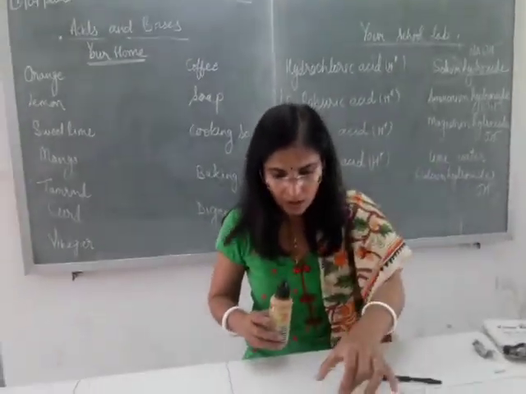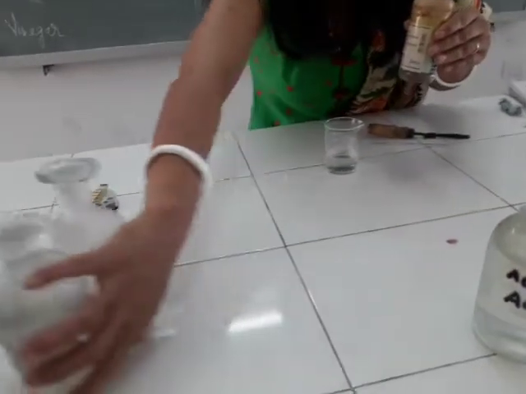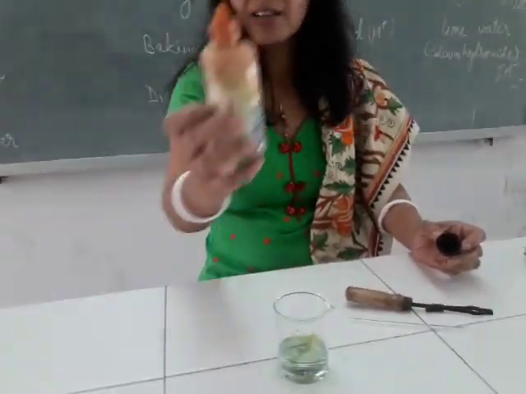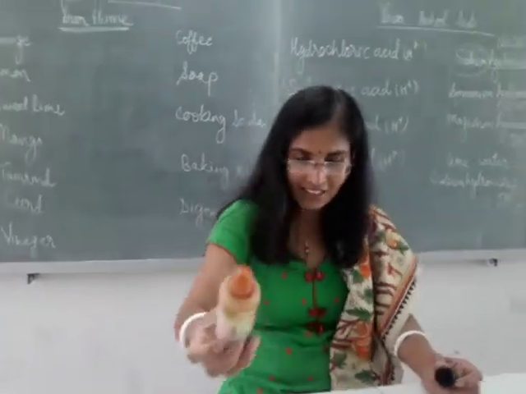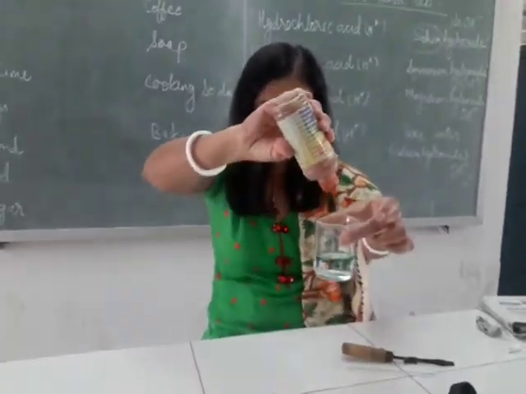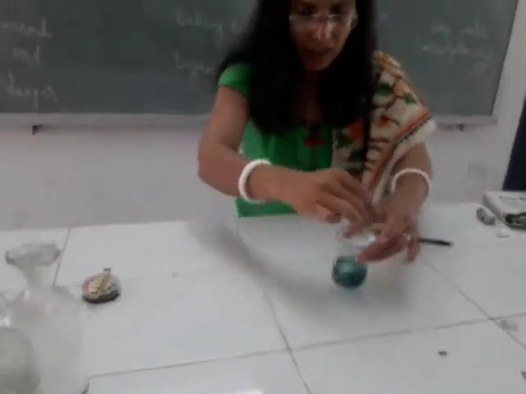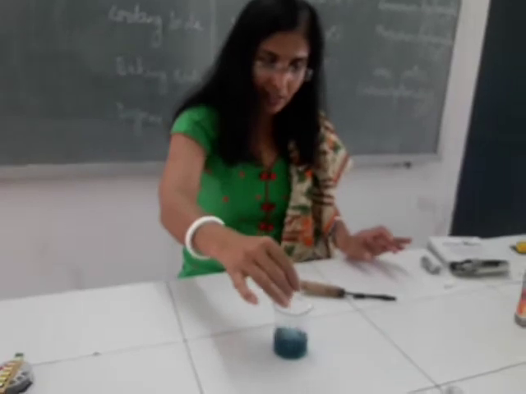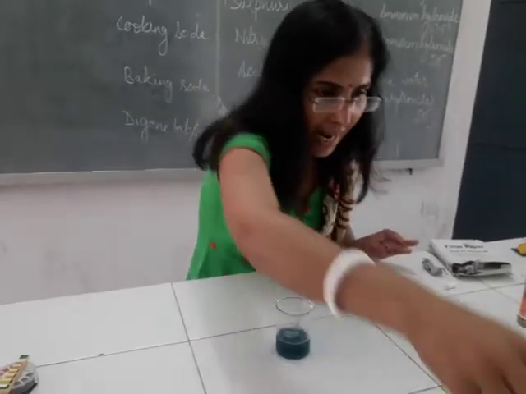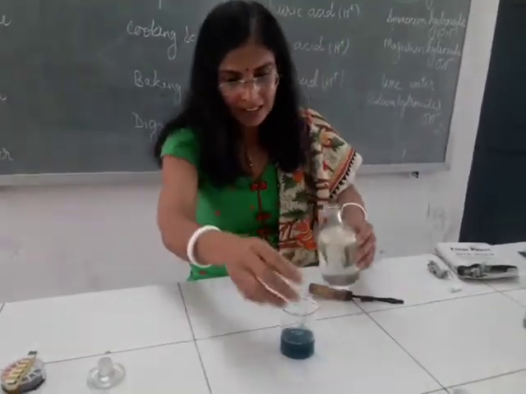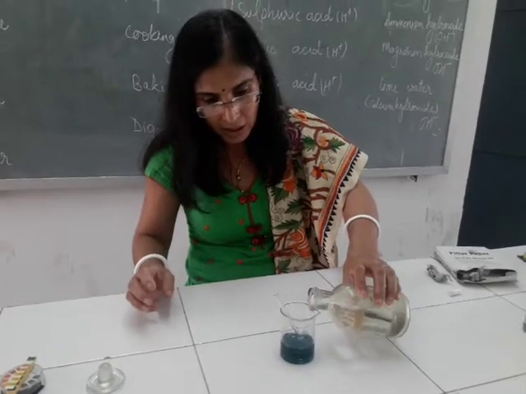Here this is distilled water and I shall keep them at bay. Here. And I will put a few drops of, this is universal indicator solution, children. What sort of color you are seeing here? See, this itself is forming a sort of chemical rainbow. And how will I play with this chemical rainbow? This is green in color and I will add some hydrochloric acid to it and we'll see whether I am able to make a chemical rainbow.